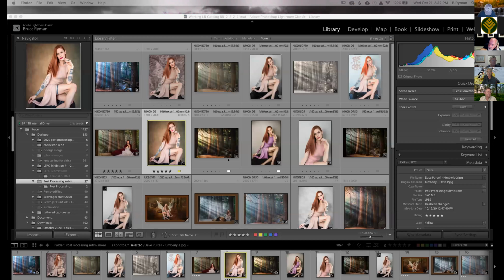Yeah, and when I cut her out in this particular case, I actually took the mask and went into blur and Gaussian blur, and did a 3-pixel blur on it so that she didn't have such a harsh cutout against the background. I don't always do that, but on this particular one, it just made it look a little more realistic and softer. The only thing I did on this one that was unusual is I made her more China doll, and I usually don't do that. I usually like having some more imperfections in the skin.